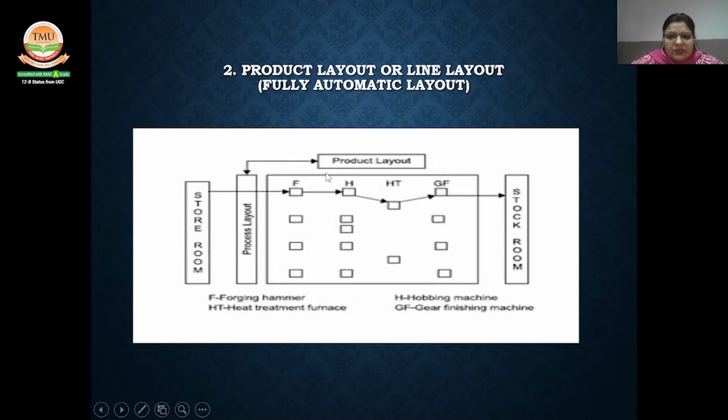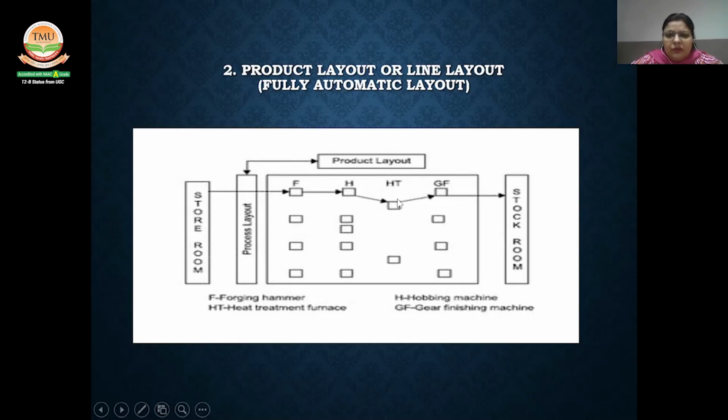How can we start in this process? We can say a double arrow over here is a process layout, and here we can say a product layout. Now we can say that raw material comes to this line, and it will come to the forging hammer. Now after hammering, the raw material goes to the hobbing machine. After the hobbing machine, the raw material goes to the